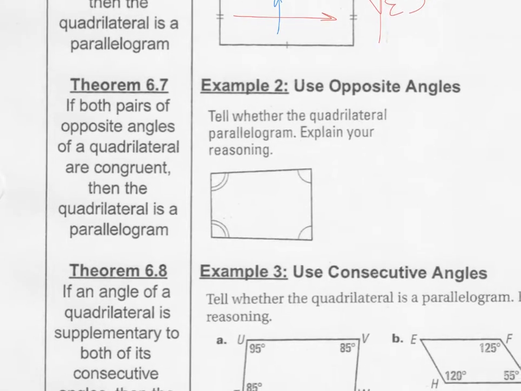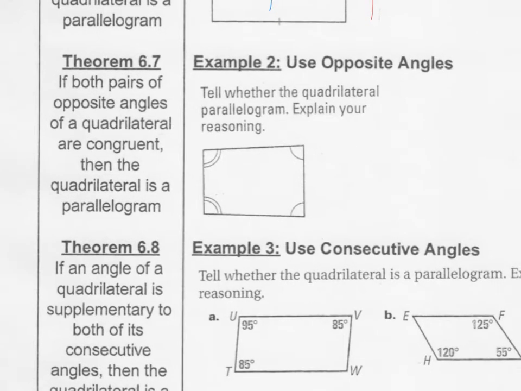Okay, in example 2, they're asking us to tell whether it's a parallelogram again. Now, this theorem is going to apply to this one. It says if the opposite angles are congruent, then it's a parallelogram. So here,